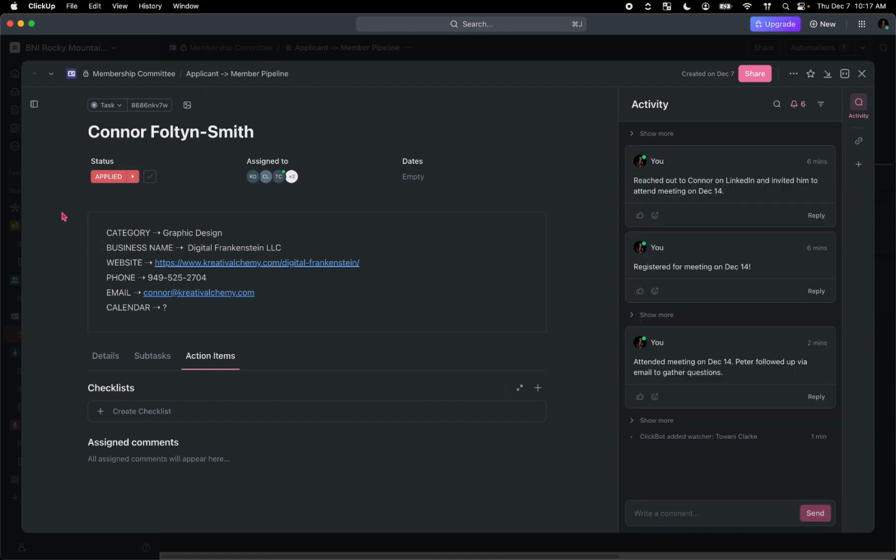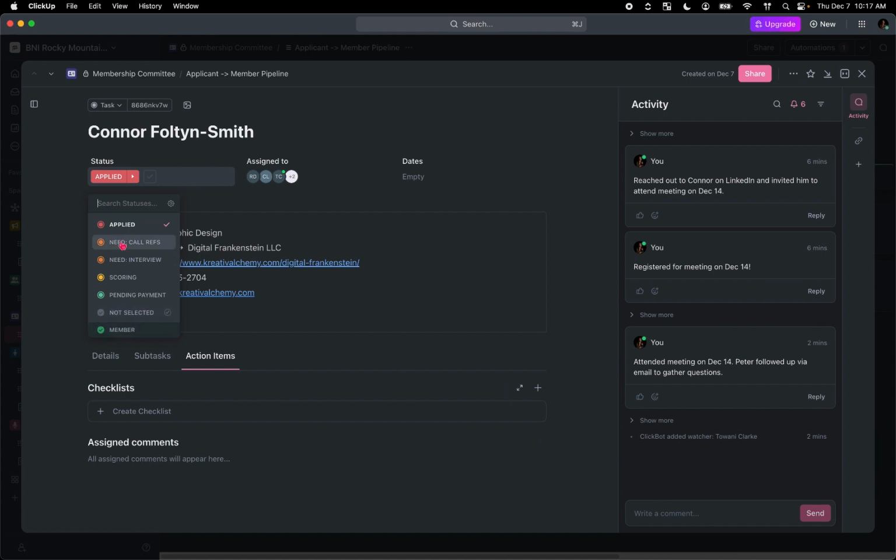Statuses here in the applicant to member pipeline follow the process of interviewing and vetting applicants. So we have need to call references. When you need to call someone's references, they would be here in this category. When somebody is pending an interview, they would be here in this need interview category. When somebody needs to be scored by the membership committee, they'd be here in this scoring status. And we have pending payment. And at that point, someone's either going to be not selected, which will close out the task, or they're going